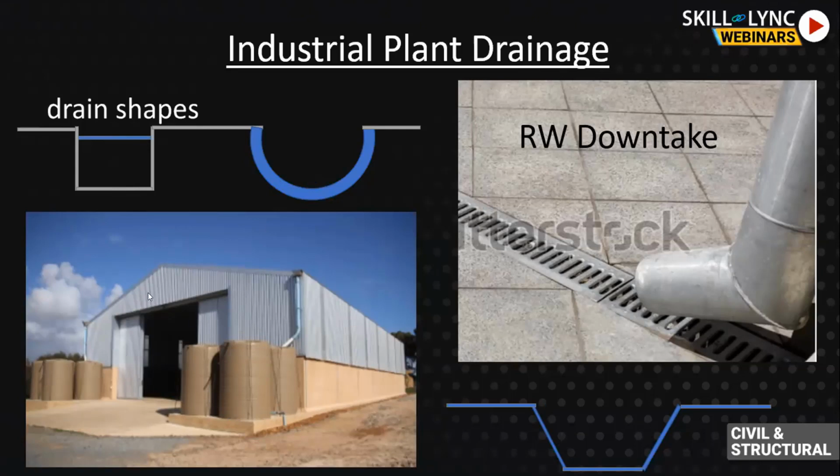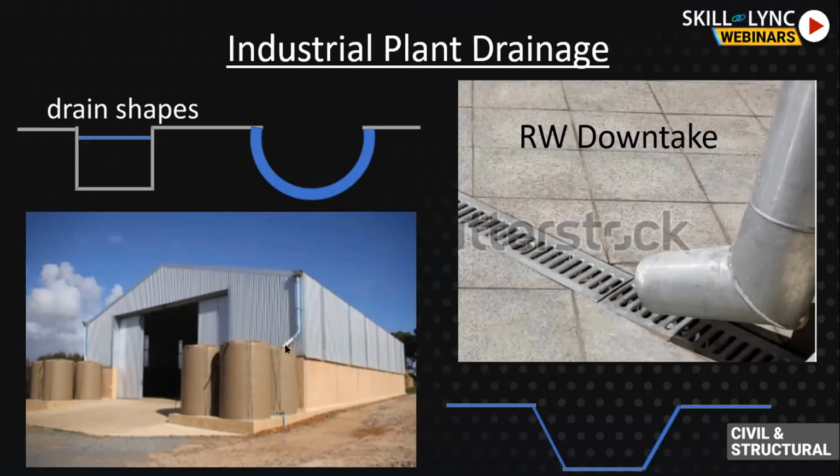So this is a typical industrial shed I have drawn, and how water is collected, like the source of water. This shed has a roof slope, and there is a gutter at the top. Half the roof, this gutter is collecting water. This gutter also has a slope towards this end.